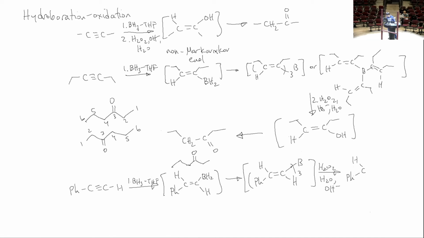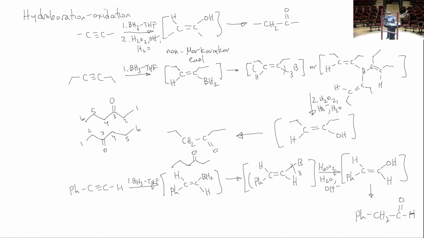Let me move the chat box. You just put the OH where the boron was, because that's what the mechanism determines, actually. And now if you do the three steps we did before, you'll get Ph, CH2, CHO. You'll get an aldehyde. And that's another nice thing. Terminal alkynes give,